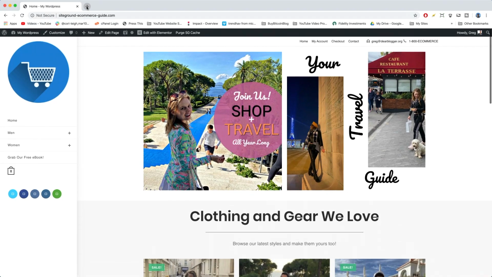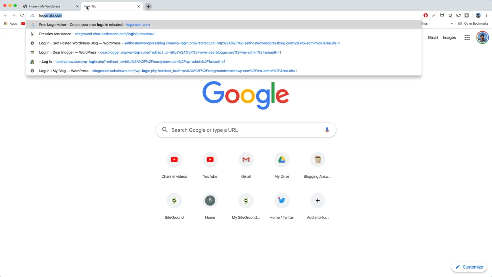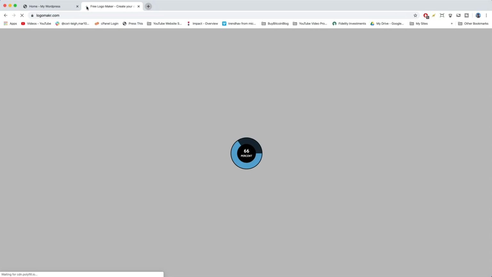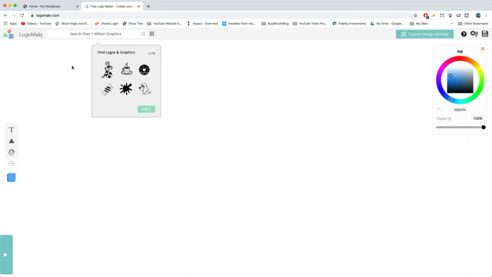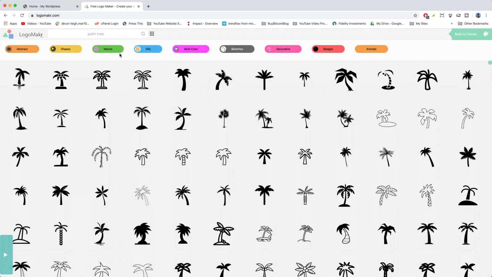So we can go to Logo Maker, that's LOGOMAKR without the E.com, where we always make our logos. Click in the gray space, and then I always like searching a graphic. You can always make something unique because they have over 1 million of them. And palm tree usually works well for me, but you can literally search anything like car or baseball or couch